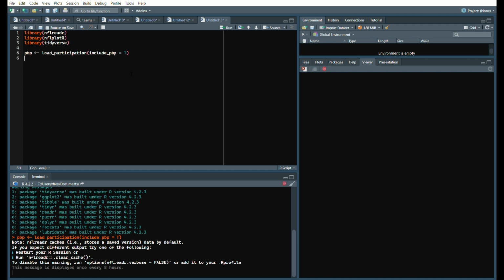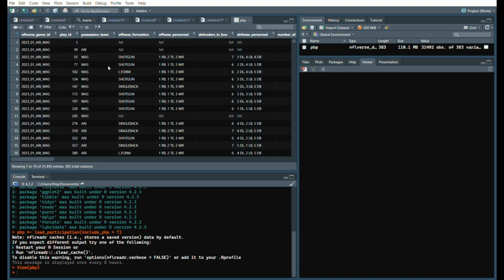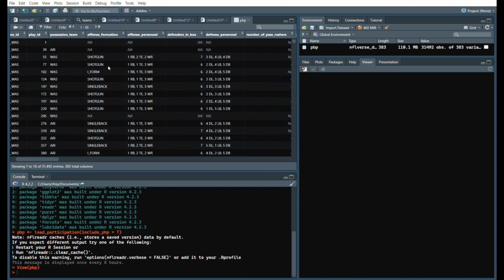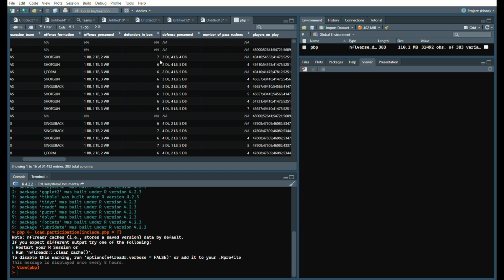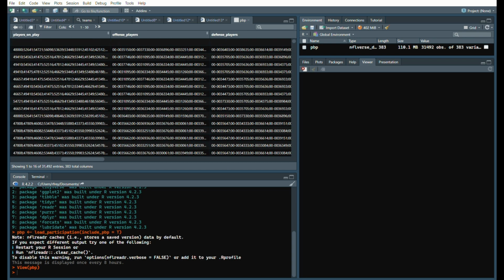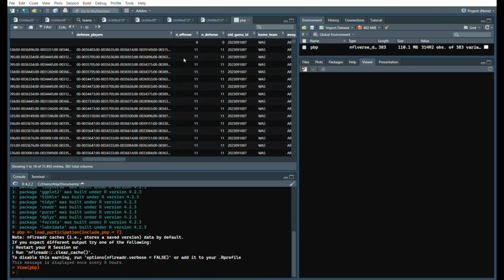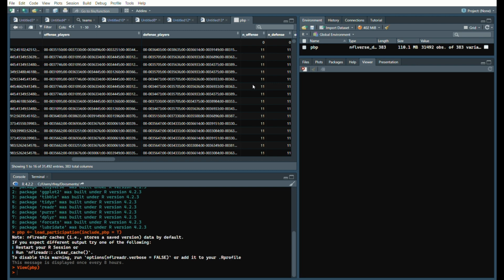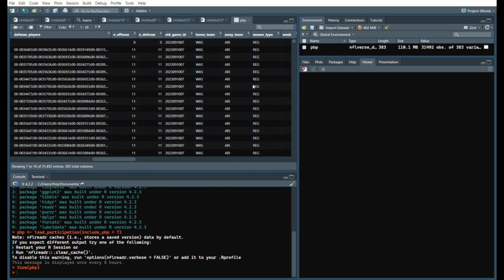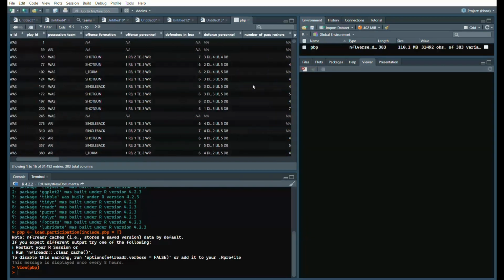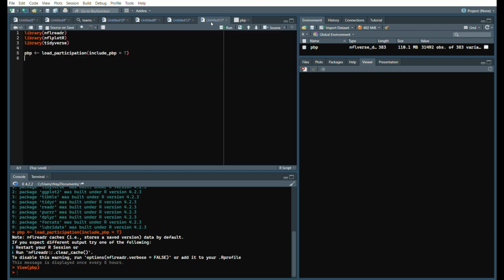But the reason why we're doing this, you might get this warning message. It's not really an issue, it's a note, I should say. It allows you to pull play-by-play data, and you have a lot. So you have game IDs, but the participation allows you to see the offensive personnel and the defensive personnel, by player IDs, who are involved on the field. In a future video, I'll show you how to pull those apart and get, like, snap counts to see who's on the field a lot, and for potential future modeling. So we pull our PBP,